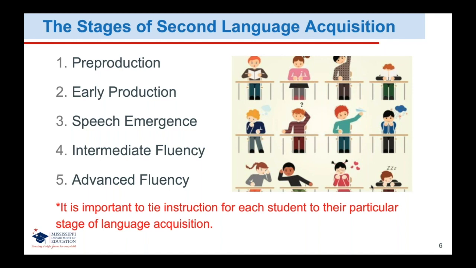Okay, in the speech emergent stage, these students understand a lot more social English, but not much academic English. They can write simple and complex sentences. Still, keep in mind that they are understanding more than they're able to verbally express. And at this stage,